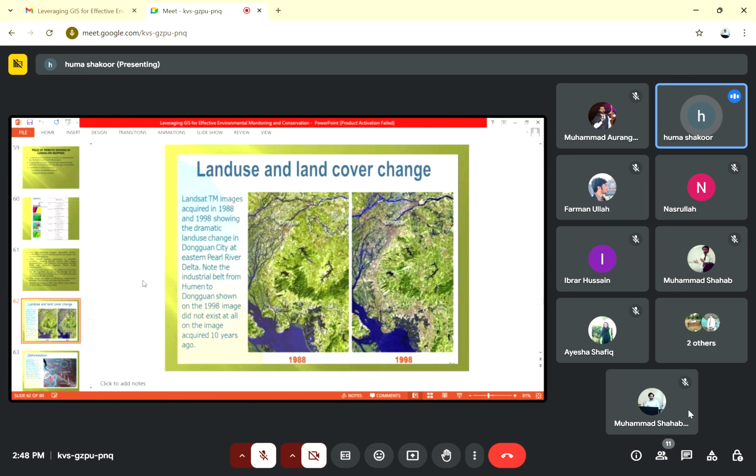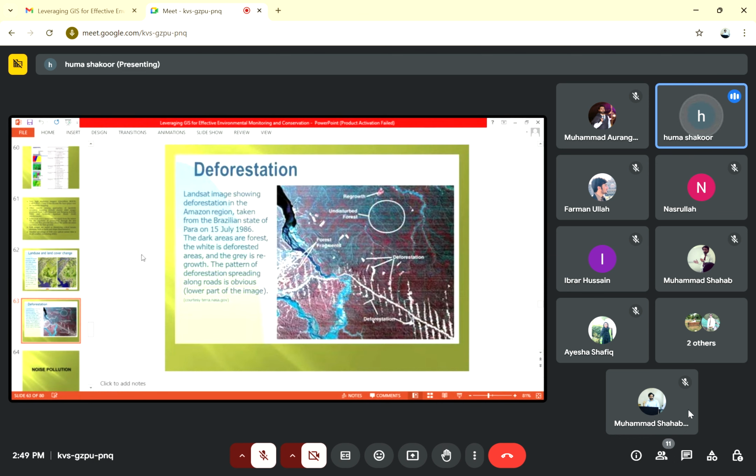Land use and land cover change: how do you monitor the land use and land cover change through satellite images? For this purpose, we use the Landsat TM images to monitor the land use and land cover changes. How to monitor deforestation from satellites? For this purpose, satellites are also used to detect the data about deforestation, because